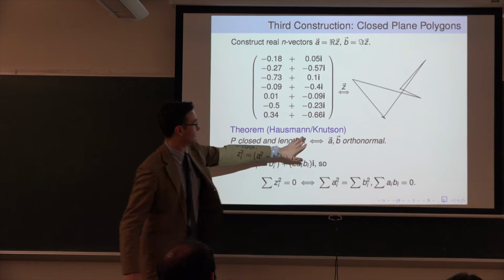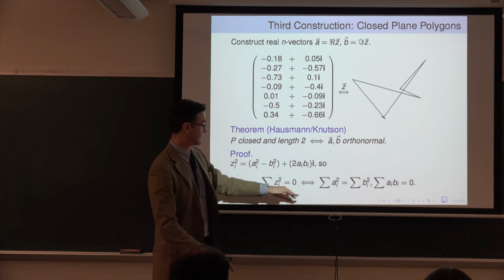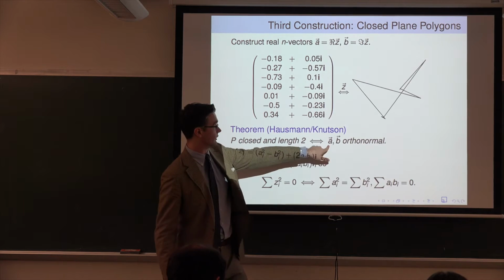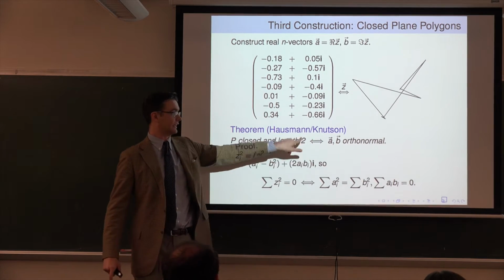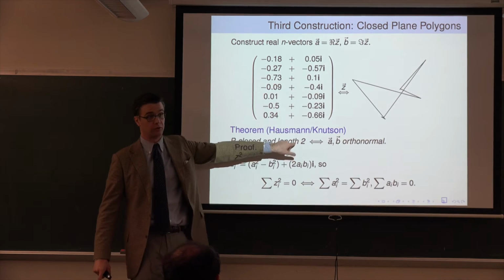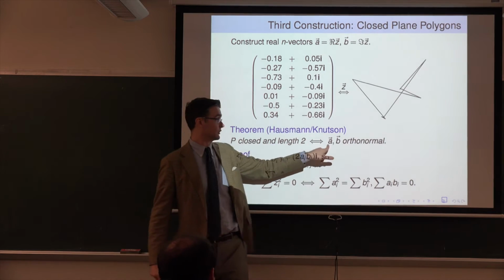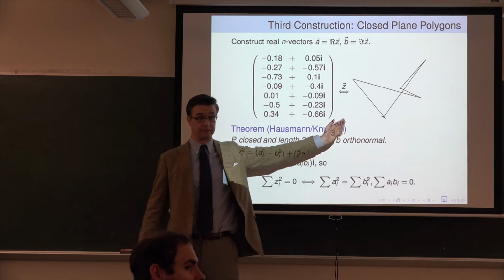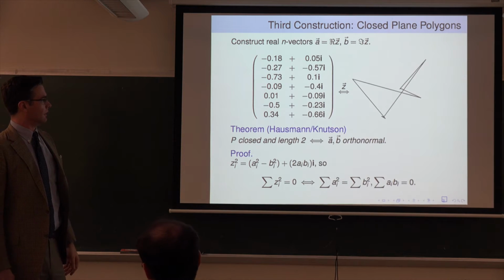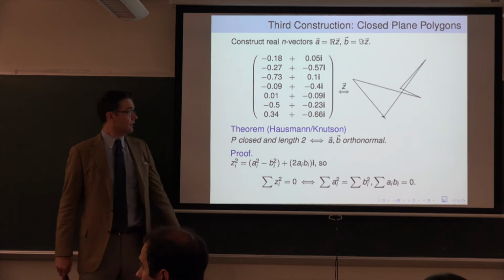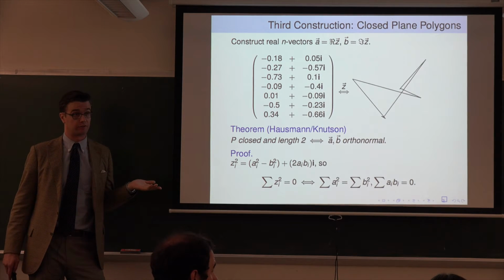And then, so this length 2 condition, it just turns out that the total length of this thing is the sum of the square of the norm of A and the square of the norm of B. So if these are unit length, then the whole thing is 1 squared plus 1 squared equals 2. But you could pick your favorite scale factor if you want, and you just adjust these appropriately by scaling by the square root of that scale factor. Okay, so again, this is this amazing construction of Hausmann and Knutson's